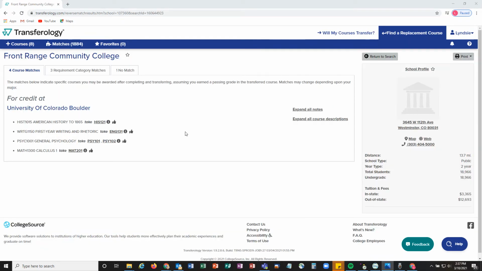So after we selected a school, this will bring us to the matches page. There's 3 different types of matches. There's course matches, requirement category matches, and no matches. So going through these, we're going to start off with the course matches. So these are the specific courses that we wanted to find specific classes for. So History 1015 at Front Range Community College, we would need to take History 121 in order to earn credit for that History 1015 class here at CU Boulder. Keep in mind that you do have to earn a C- or better in order for those classes to transfer